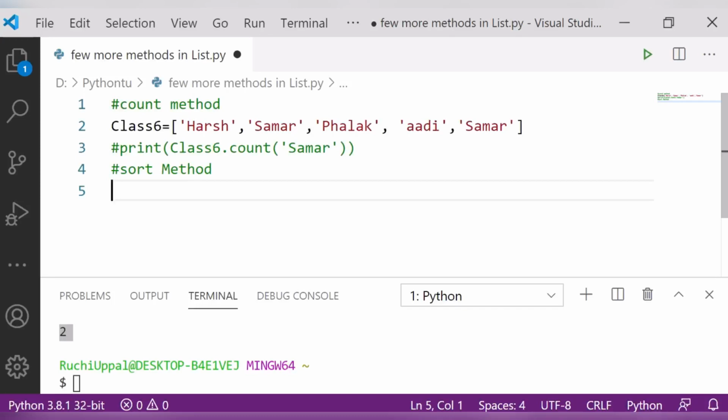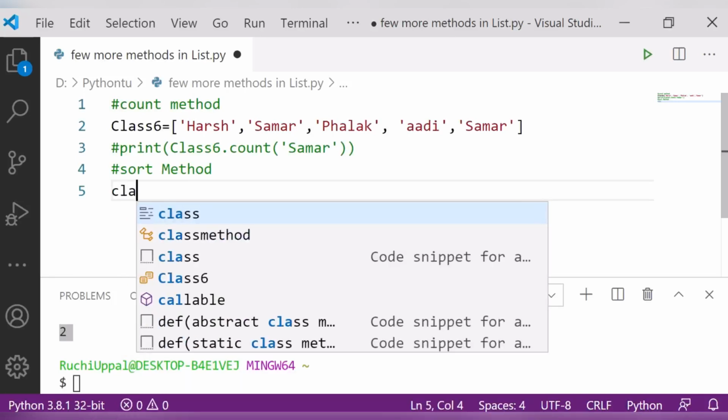Sometimes we have a list and we have to arrange it alphabetically. That is also very easy for us, to find and locate things. Clear? It's very easy for us to locate things. So let's see how to use it.